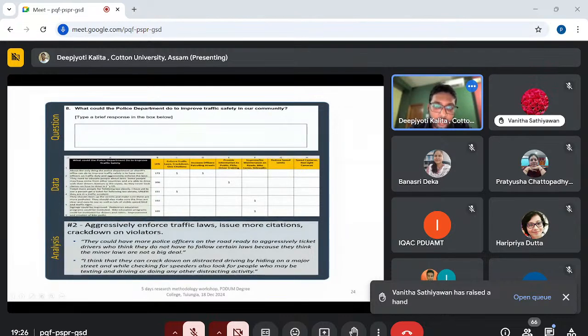Suppose this answer falls under this theme, this answer falls under this theme. So in that way, we can analyze the thematic areas of responses to the open-ended question, and then we can analyze what is the most common theme appearing among the open-ended responses. So in that way, we probably will come up with some innovative ideas from the commonality of responses or the themes that we have got in the open-ended questions.